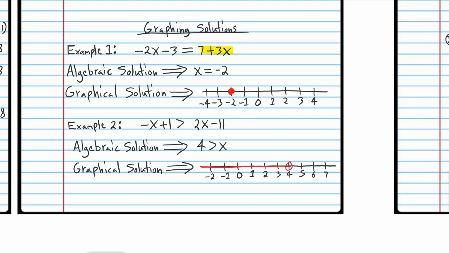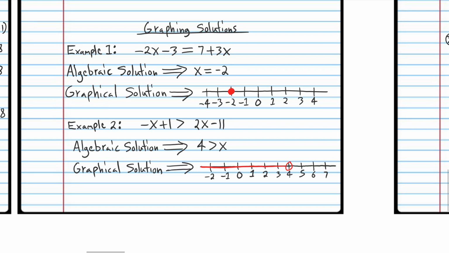So let's say that you have this equation, and we know how to solve that equation. Just get the variables on one side, and get the normal numbers on the opposite side, and keep performing your calculations until you isolate x, and then the answer turns out to be -2. So this is the algebraic solution. That's what we've been doing so far in this course. You learned how to find the algebraic solution. But there's also a graphical solution, and that's when you actually plot this number on a one-dimensional